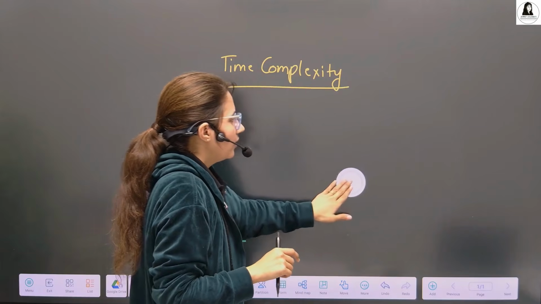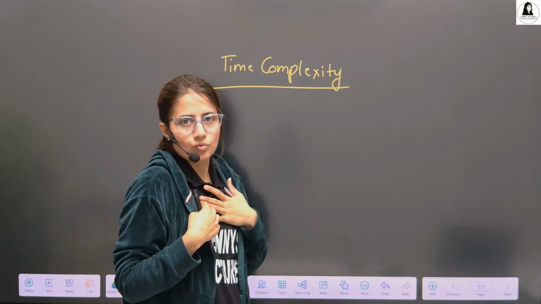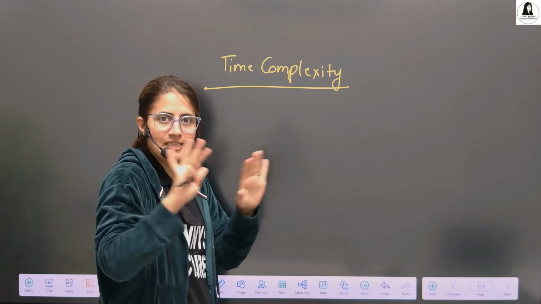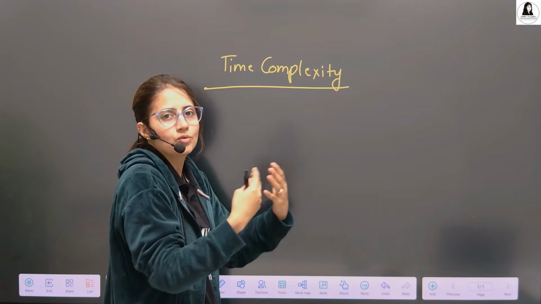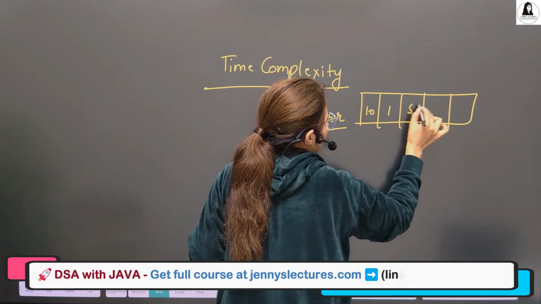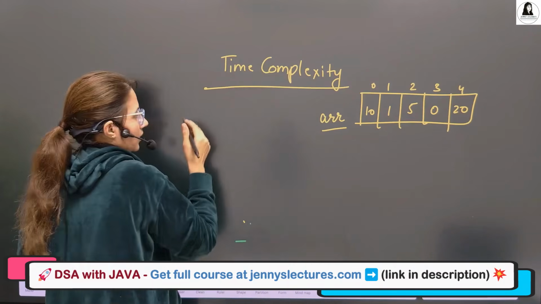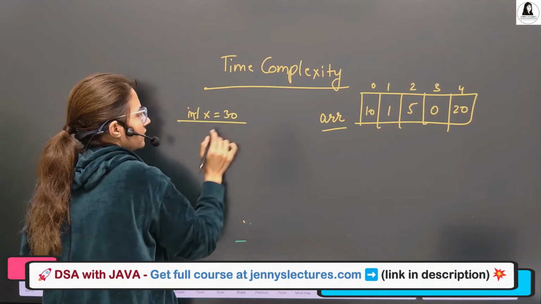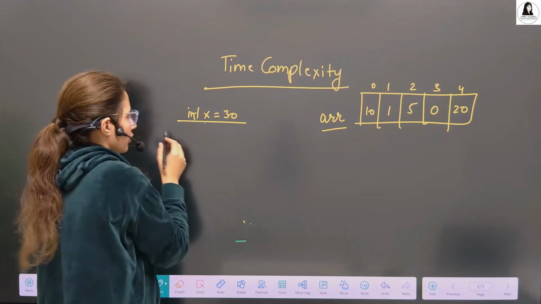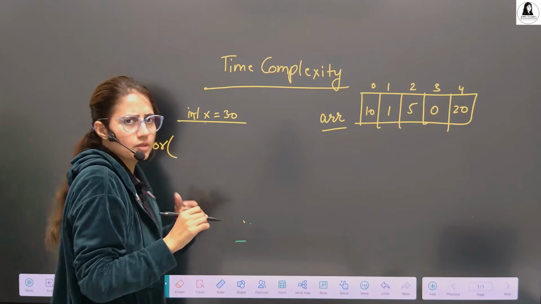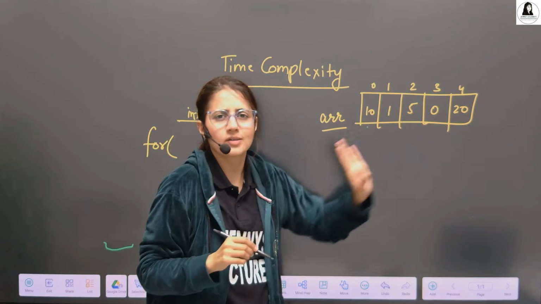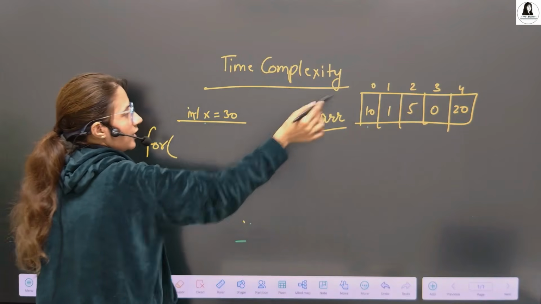Suppose I have written a code for linear search. You know now what linear search is? Let's try to write down a code for linear search. There is an array, and x is 30, and I want to search whether x is present here or not. Linear search basically. How to search? The procedure you know. We start from here, then compare with this till we find that element. So the loop would be from start to end.